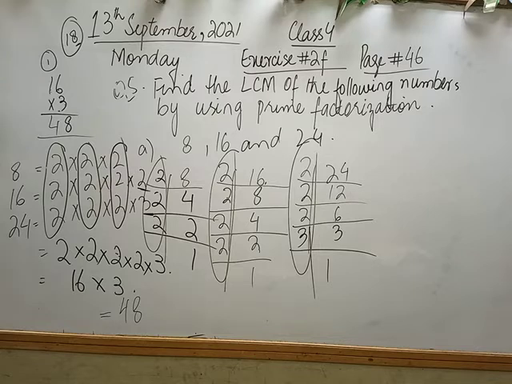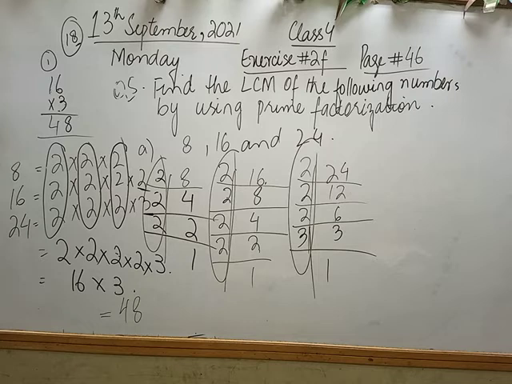First of all, I have a statement in which we want to find the LCM of the following numbers, which are 3 in total, and we want to find this LCM by prime factorization. So I will do prime factorization of the first number, which is 8, then 16, and then 24. In the next step, I will write all the numbers at the side, and I will multiply all the numbers which are common in each number. In the next step, I will extract all the common numbers. मैं one by one extract करूँगी.